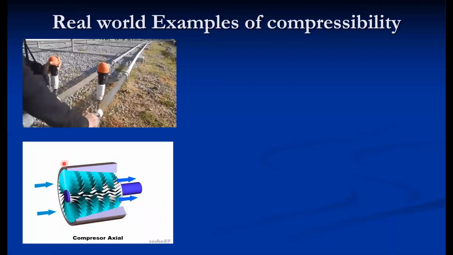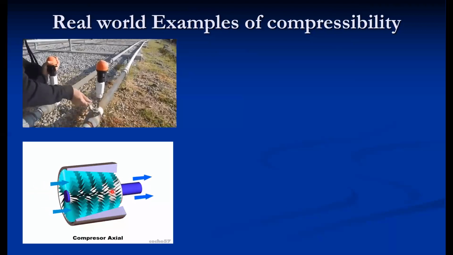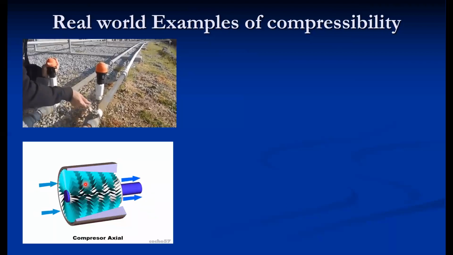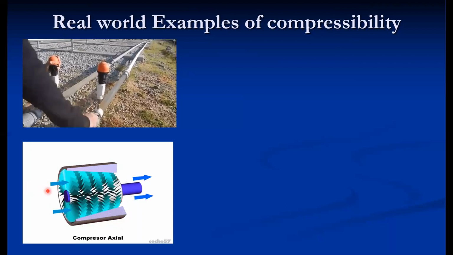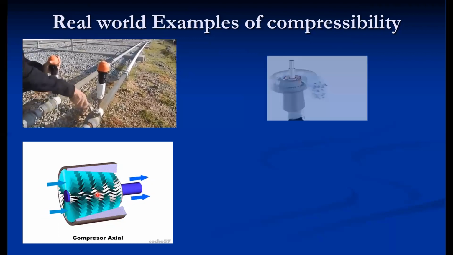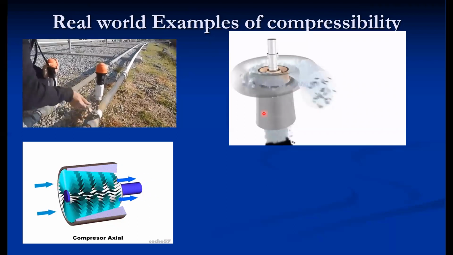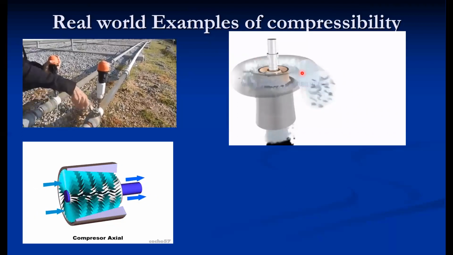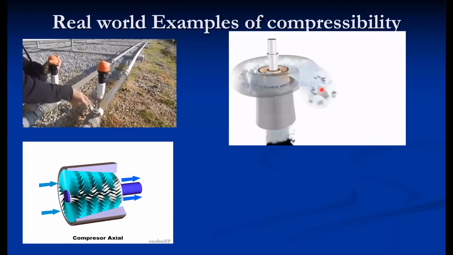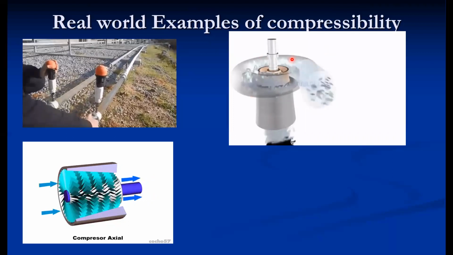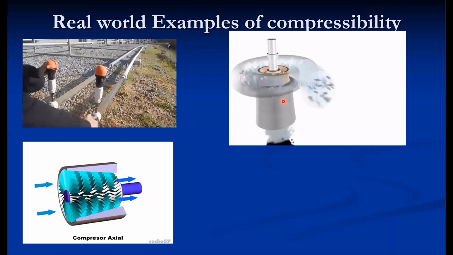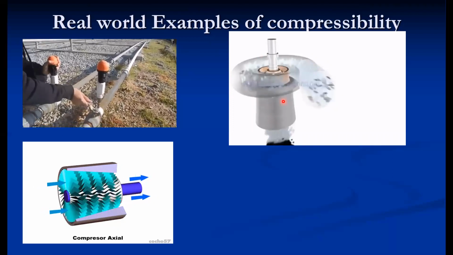While in case of airflow, airflow through the turbine, maybe an axial turbine or radial turbine, this flow is considered as a compressible flow. Here the compressibility effect needs to be considered. On the other hand, the water flow through the turbine is not considered compressible. It is considered incompressible, even though it is made to flow through a non-uniform cross section. Still, its flow is considered incompressible because water is an incompressible fluid.